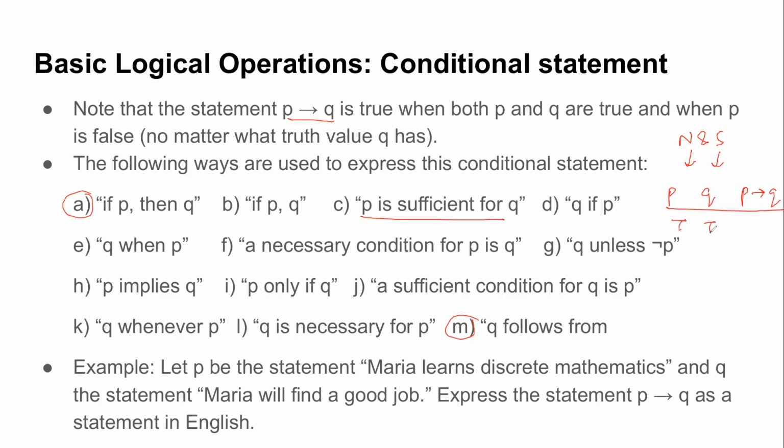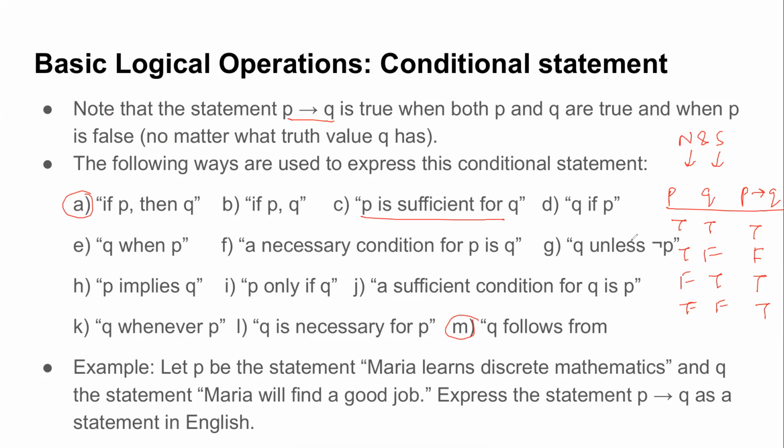You have true, true, true. You have true, false, false. You have false, true, true. You have false, false, and true. Right. So when we talk about these conditions, necessary and sufficient condition,